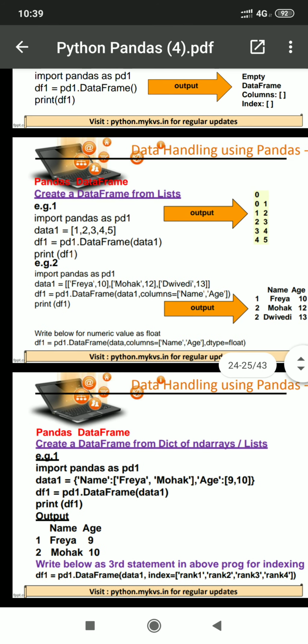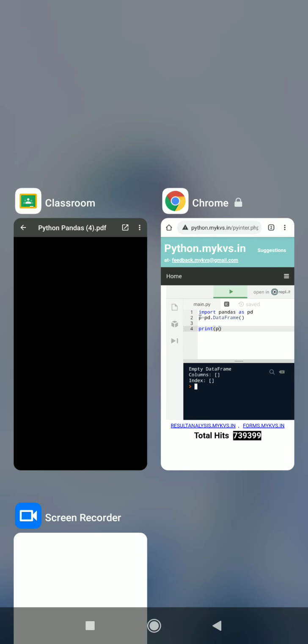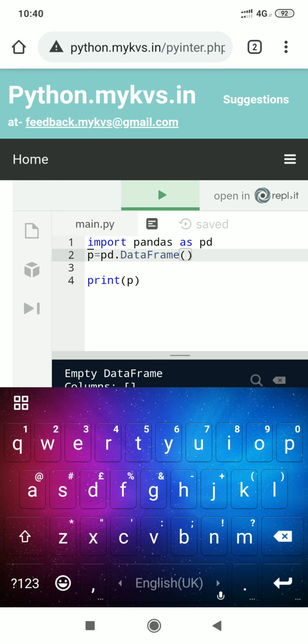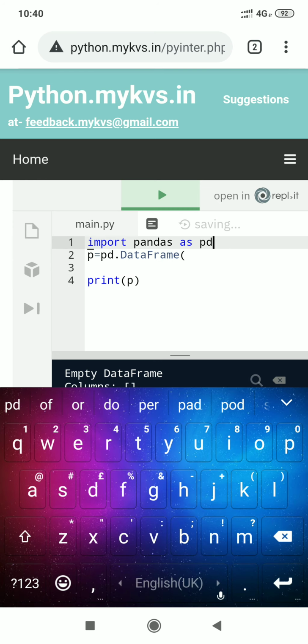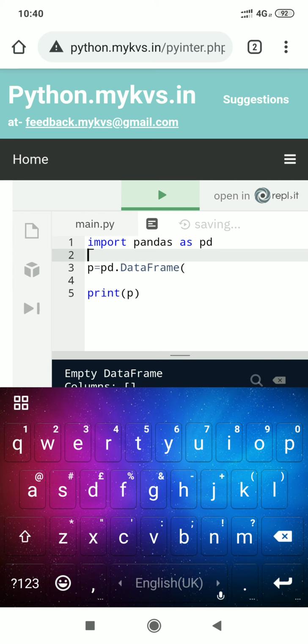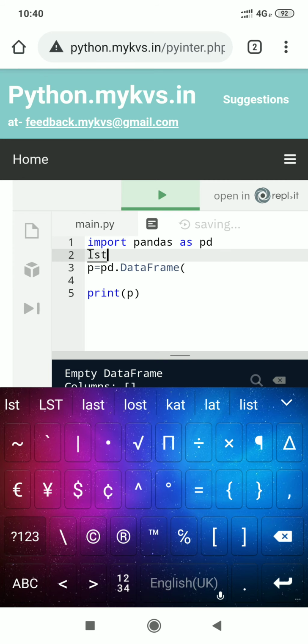Now we create a data frame from a list. First of all, we will create a data frame from a single list. What we have to do is create a list here, LST. You can assign any name to the list.